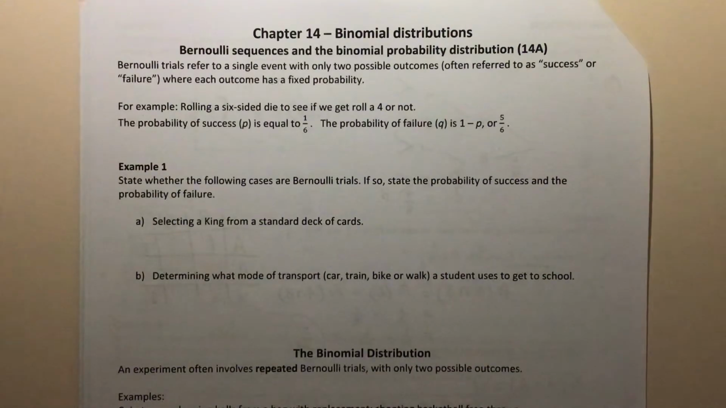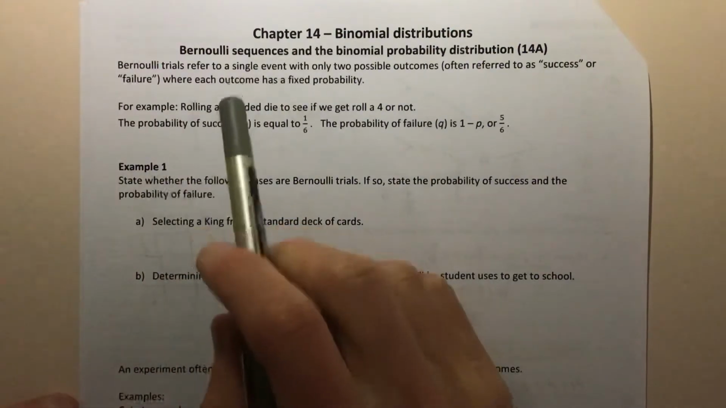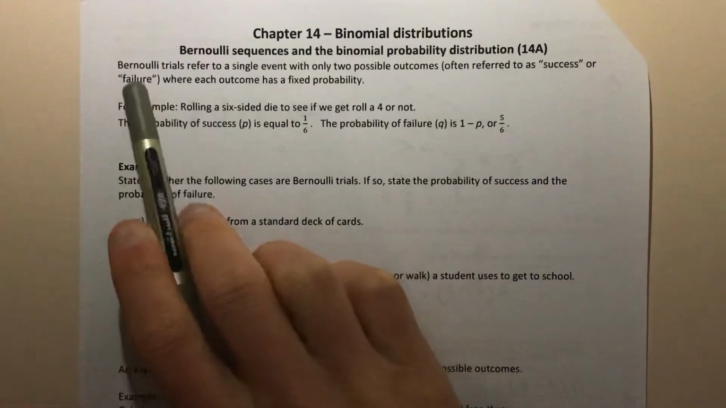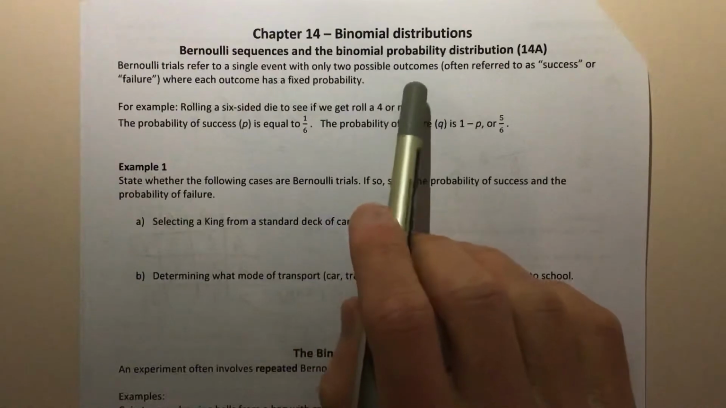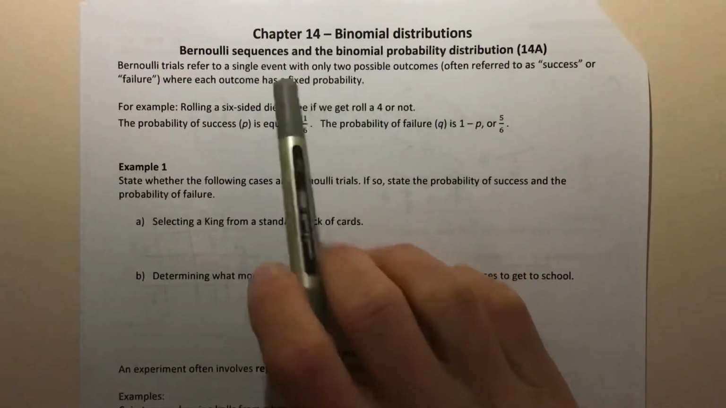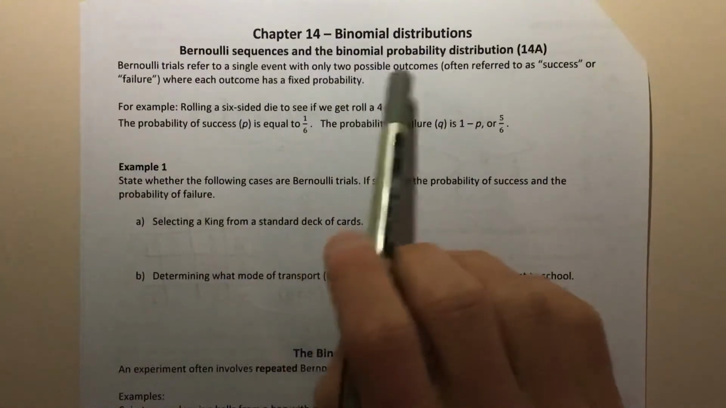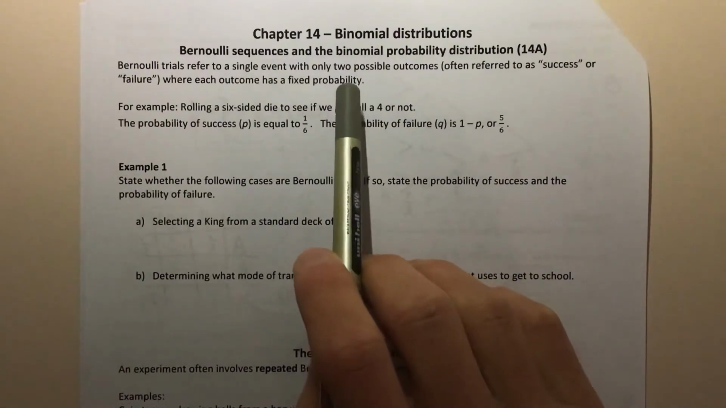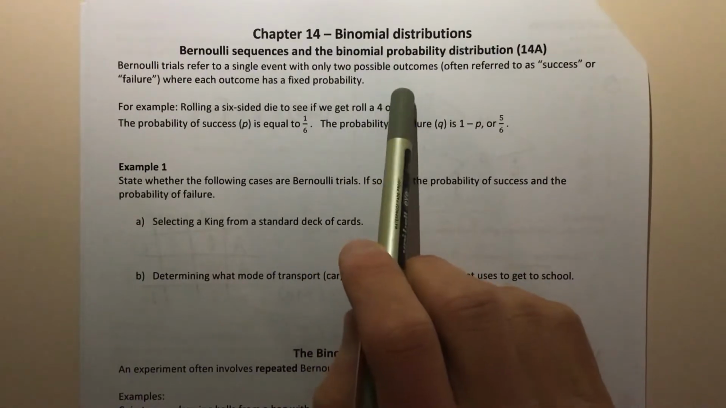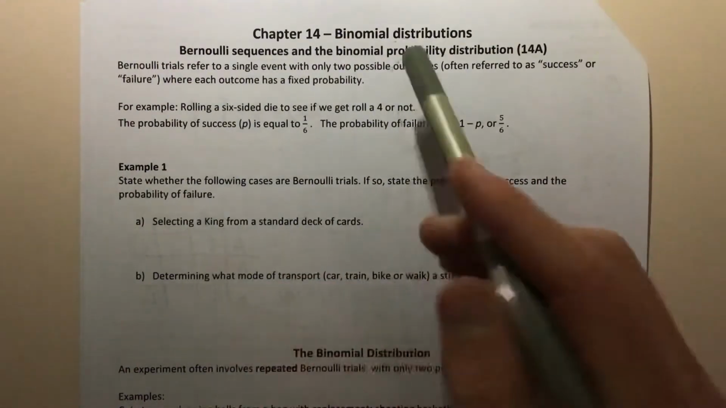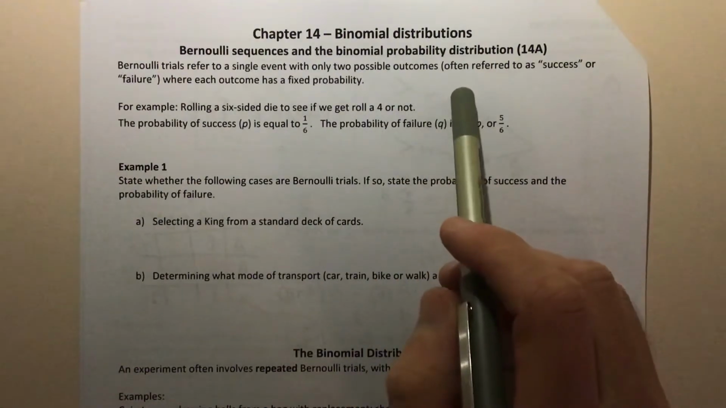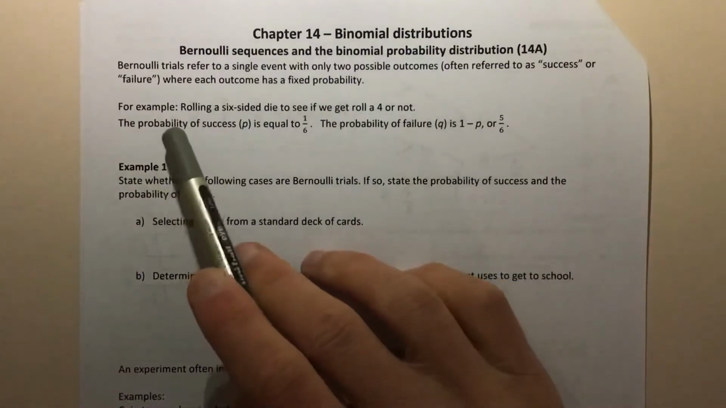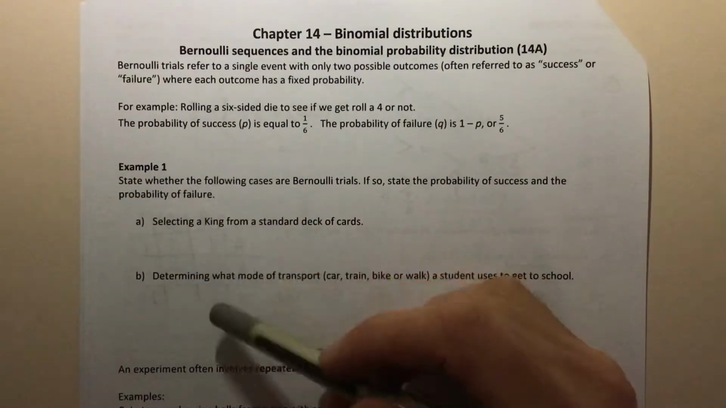First thing that we actually talk about is the idea of a Bernoulli sequence. And a Bernoulli sequence or a Bernoulli trial refers to a single event with only two possible outcomes, right? That's a really key feature of Bernoulli sequences and binomial distributions, that there really can only be two possible outcomes. So it's often like a yes or no situation, like where something can either happen or not happen. Often this is referred to as success or failure, but the key idea being we've really only got two possible